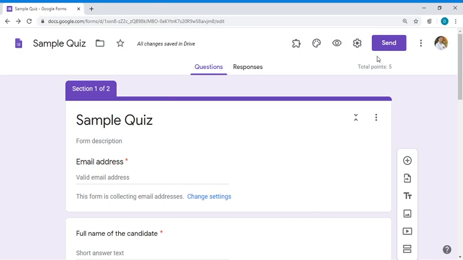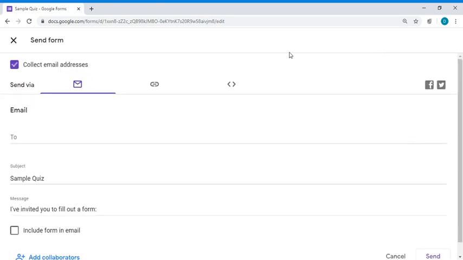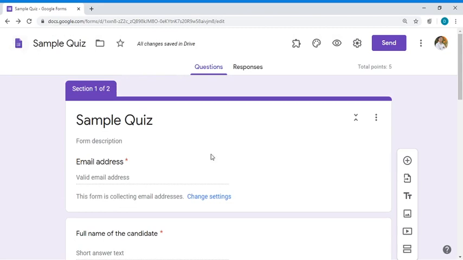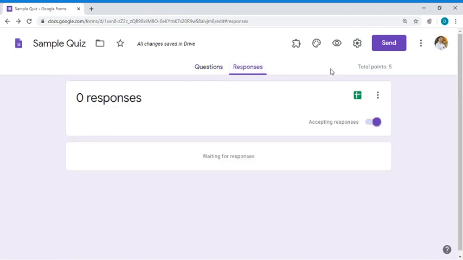Then next thing is, if you want to send it to the candidates, you can send it using their email address or with the help of a link. Before the start of the examination or quiz, you have to email or send the password of this quiz through text message, WhatsApp message, email, or any other thing that is suitable for you.